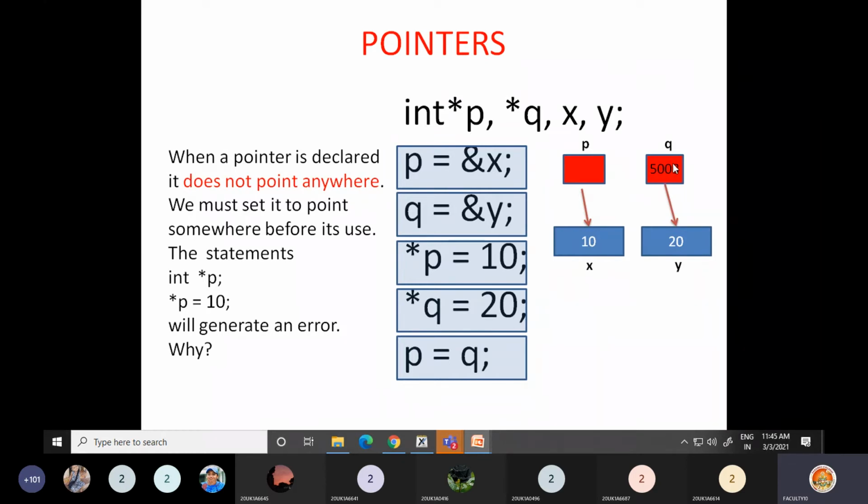That 5008 is nothing but the address of y. So now you are storing the address of y in p. Once this 5008 is stored there, p is also pointing to y. So both p and q now point to the variable y only. These things, when you read textbooks, you will understand.